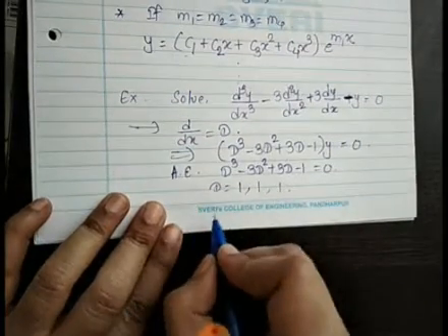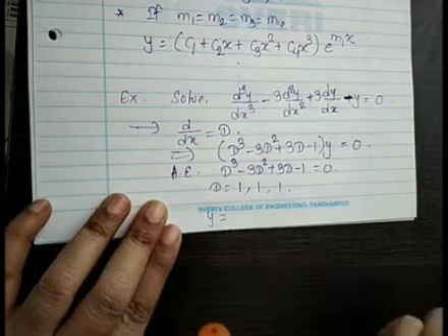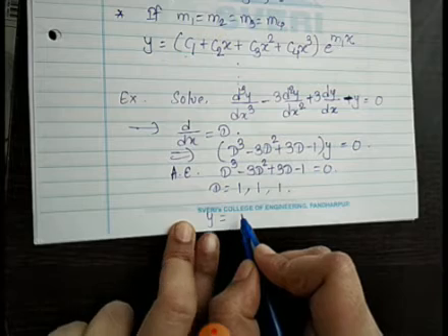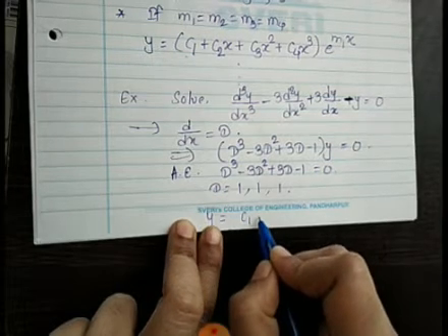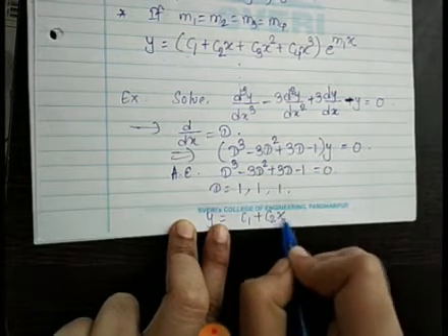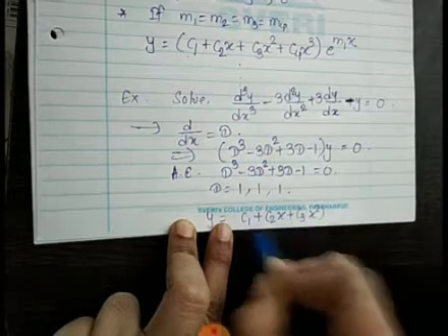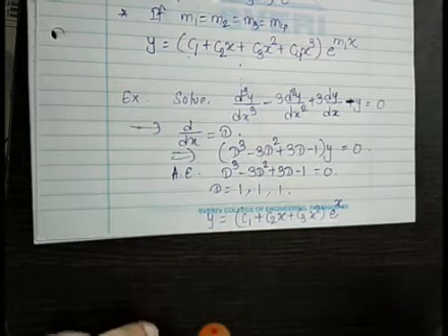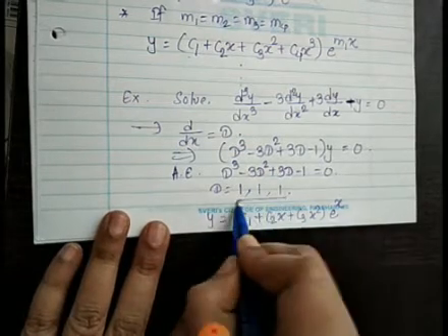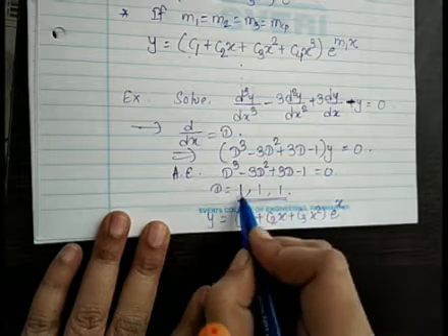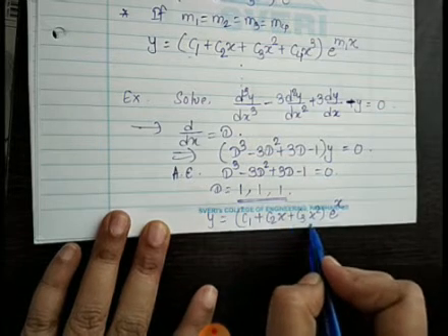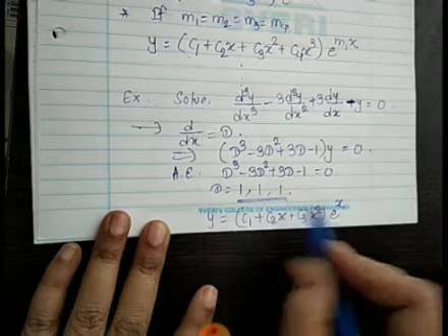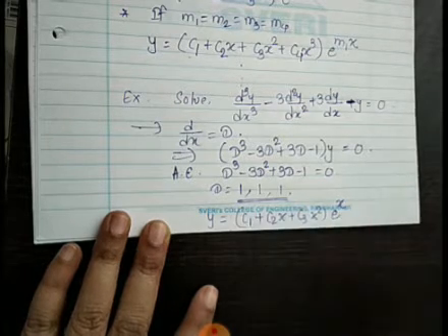So can you please tell me the solution now? C1 plus C2x plus C3x square. Yes, very good. C1 plus C2x plus C3x square into e raised to 1x, e raised to x. Very good. Just check the nature: real and repeated. Repeated 3 times, so 3 constants must get collected. First constant, then second is having x, third is having x square. Complete the bracket and e raised to that root x.